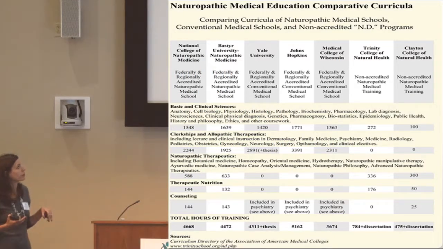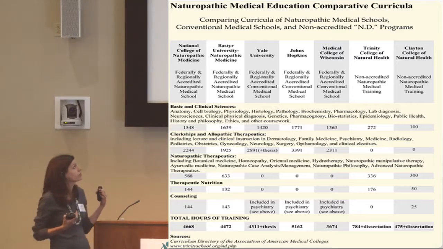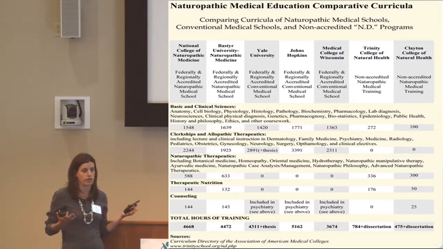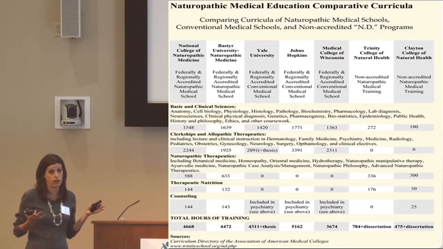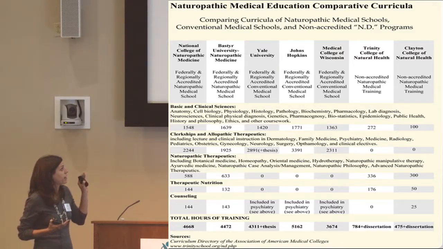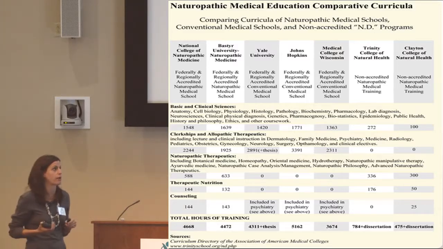One thing that I find helpful to share is what our training is, and that's what this chart shows. On the left side, you have 2 of the main accredited naturopathic colleges in the US, and the one on the far left is the one that I went to. Then there are 3 major medical universities for conventional medicine, and 2 programs for natural medicine that aren't accredited. When we go to naturopathic school, we have to have the same background that medical doctors do to go to medical school, because we're going to be practicing medicine, so we have to take chemistry and biology and have that background.